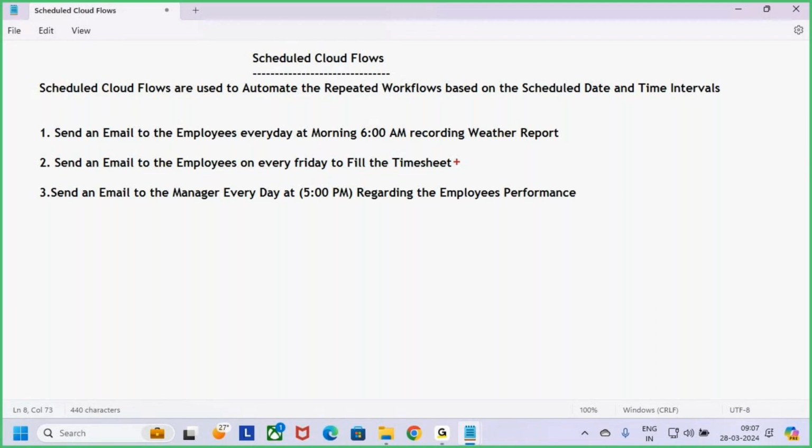Maybe you can fill the timesheet weekly once or daily once. So basically, if you are not submitting every day, you need to submit weekly once. My requirement here is I want to send an email to the employee every Friday to fill the timesheet. Suppose the employee has not submitted the timesheet before Friday, I want to send